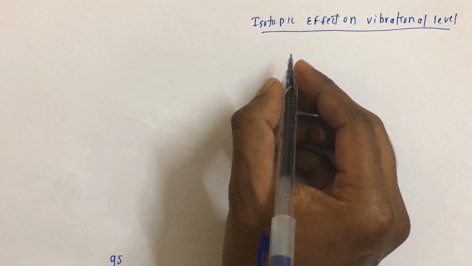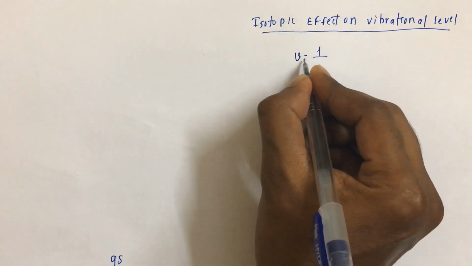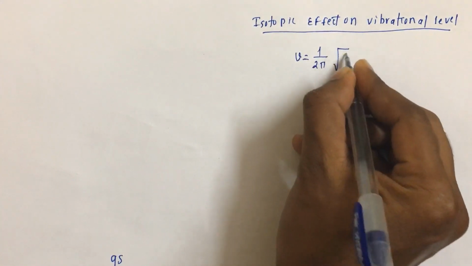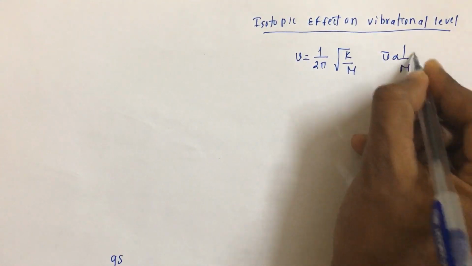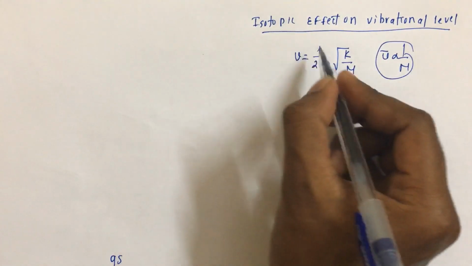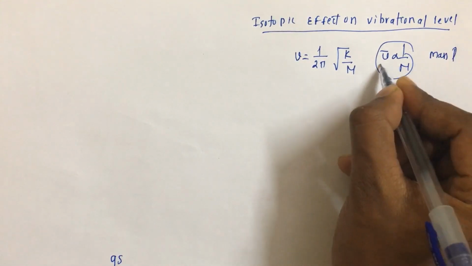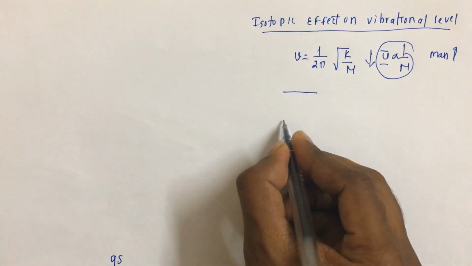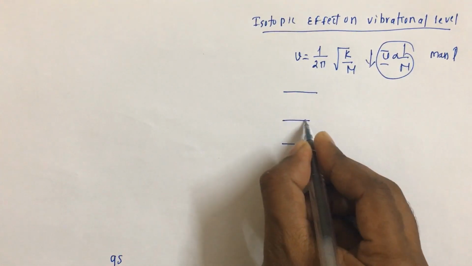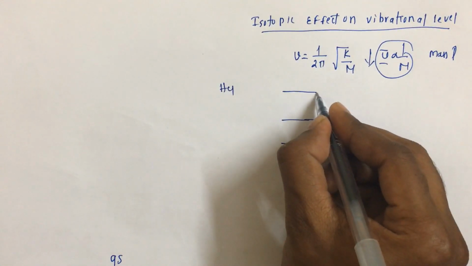So here we know that nu equals 1 by 2 pi root k by mu. So here nu is inversely proportional to the reduced mass. So as the isotopic mass is increasing, the stretching frequency decreases. Okay, so imagine that this is for HCl, this is for HCl, and now